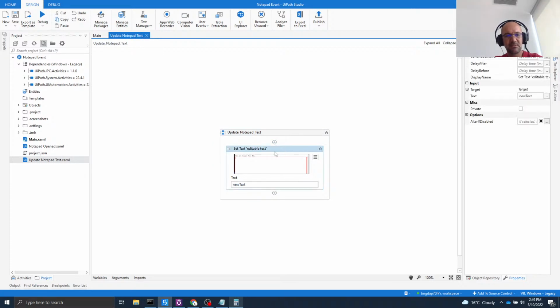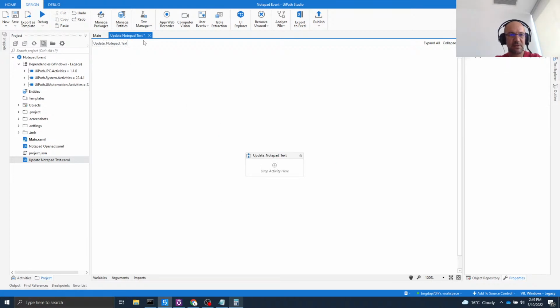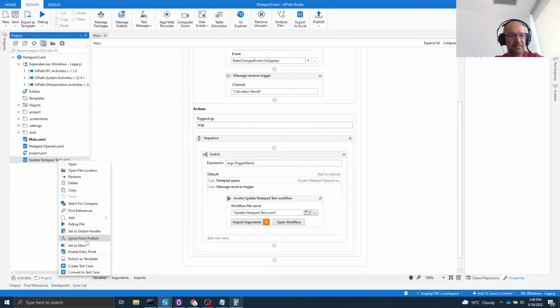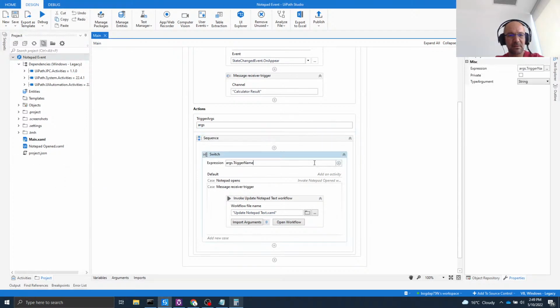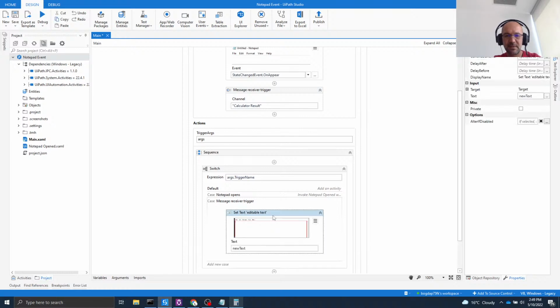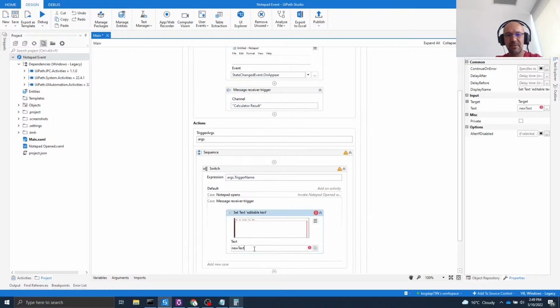Okay, so we have our file. Well, we could actually, it's just one activity. Let's forget about the file. Let's delete it, and I will just put the activity right there. Update notepad text. Paste. There we go. But the text is not this one. The text is going to be